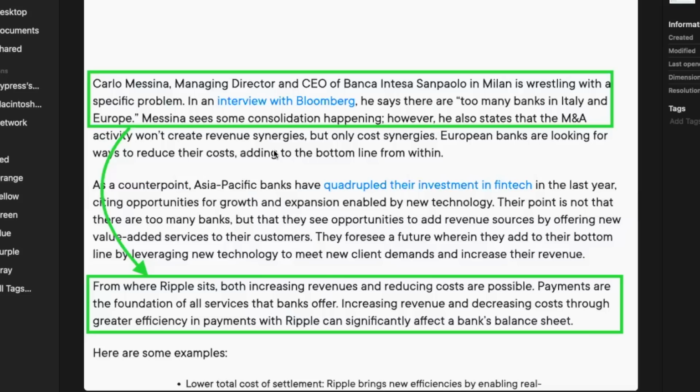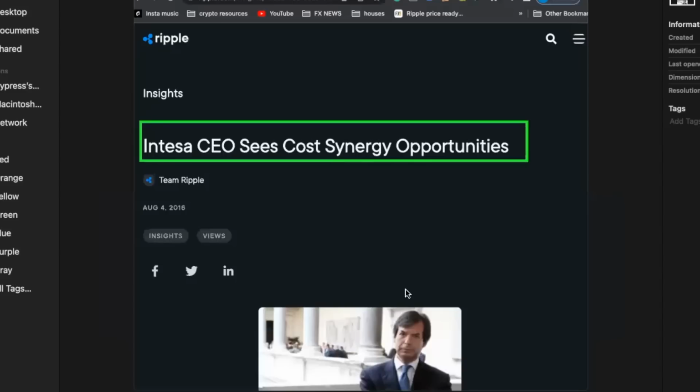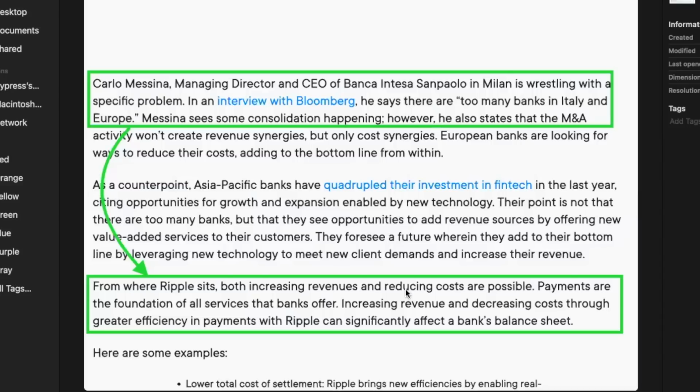Coming over here, this is directly from the Ripple website. We see Ripple, Intesa CEO says cost synergy opportunities. And if we scroll down, what does this article read on the Ripple website? Carlo Messina, managing director and CEO of Banca Intesa Sanpaolo in Milan, is wrestling with a specific problem. In an interview with Bloomberg, he says there are too many banks in Italy and Europe. Messina sees some consolidation happening. However, he also states that the M&A